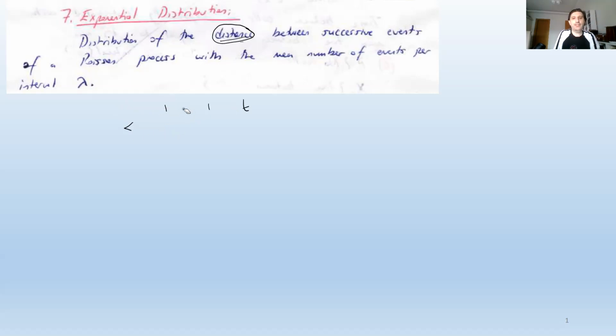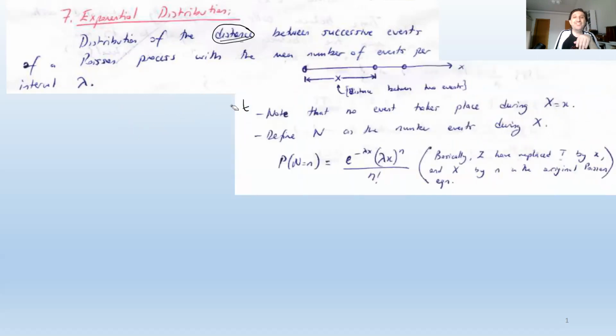So let's try to derive this exponential distribution. Actually, the derivation is pretty informative, that's why I'm going to go over it. So basically, let's think that this is the continuum. It may be time, or it may be a spatial direction. It doesn't matter. It's the continuum on which the Poisson process is happening. So this is one event, and this is another event. And during this interval, there are no events. Therefore, this is going to be the distance between two successive events, and this is going to be the random variable for which we are going to derive the distribution.